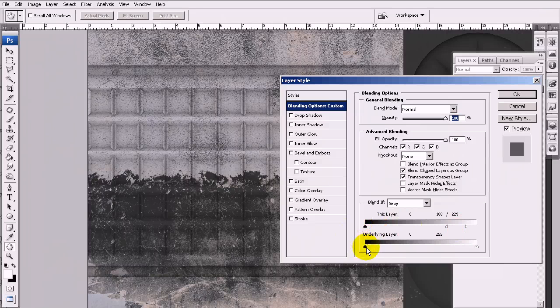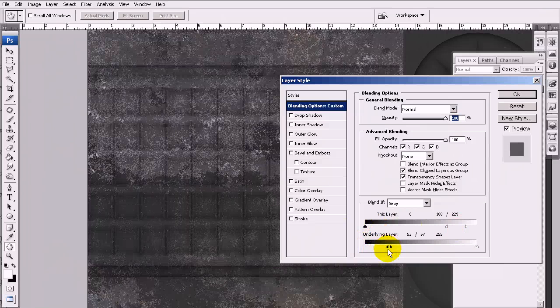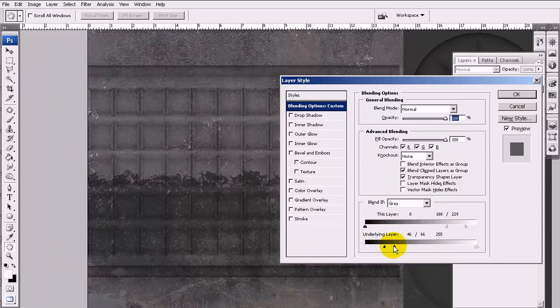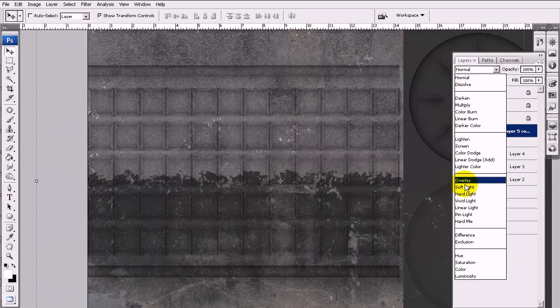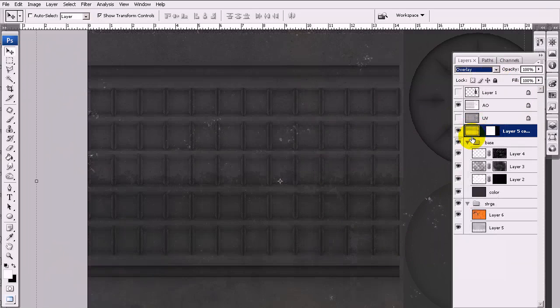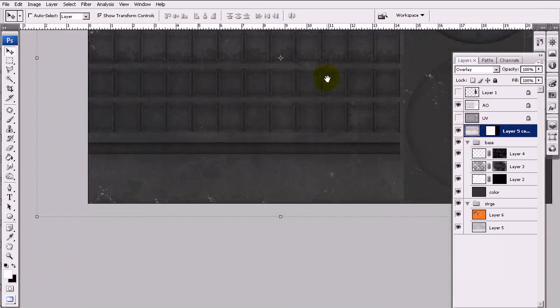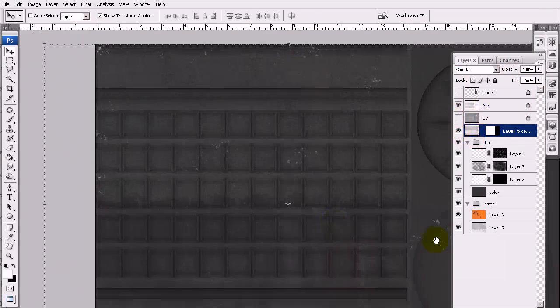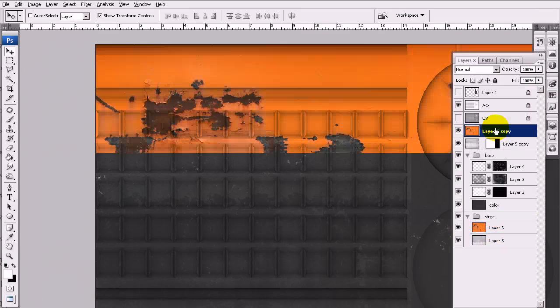You can also drag in this handle on the underlying layer to try and blend it a little bit more, and then set it to overlay and desaturate it by selecting the layer and pressing Ctrl-Shift-U. Alright, that looks pretty good. Duplicate the second image